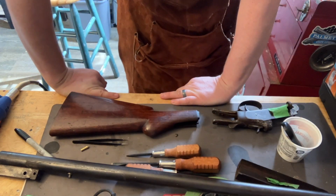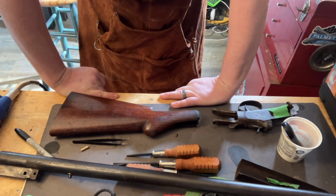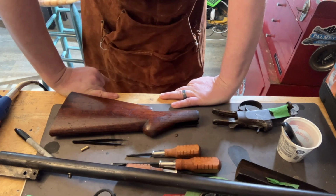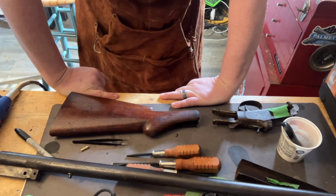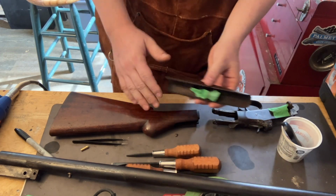But again, the objective here, I feel, and I've discussed it with my dad because he's still with us, is that we want to preserve it, right? We don't necessarily want to make it look like it came out of a box because it would lose some of its character. But what we are going to do is strip all the finish off of here,